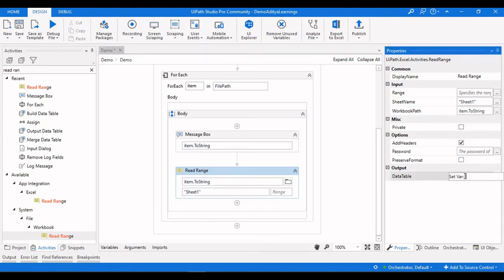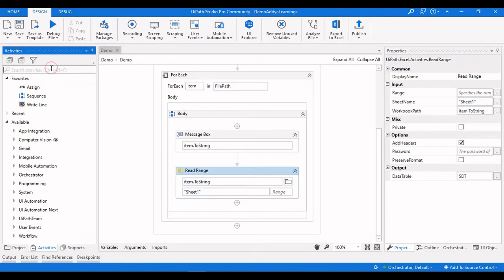We need to give the output data table, which we consider this particular Excel sheet as a source. So we will make it the source data table, SDT. Now we're going to use a Merge Data Table activity to merge these two data tables, the destination data table and the source data table.